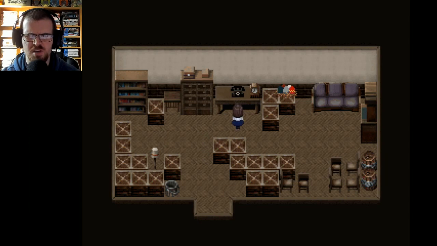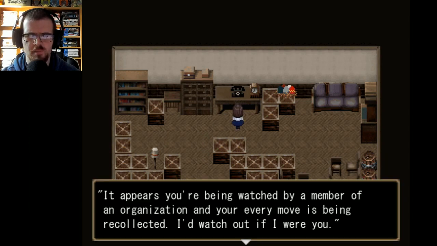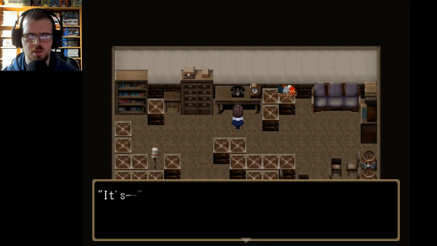What? Phone going off. Hello, it's me. It appears you've been watched by a member of an organization. Your every move has been recollated. I'd watch it if I were you. Yes, exactly. I'm the organization that's recording your every movement. So from now on, we'll use a cipher to communicate with each other. You do remember our secret code, don't you? It's...